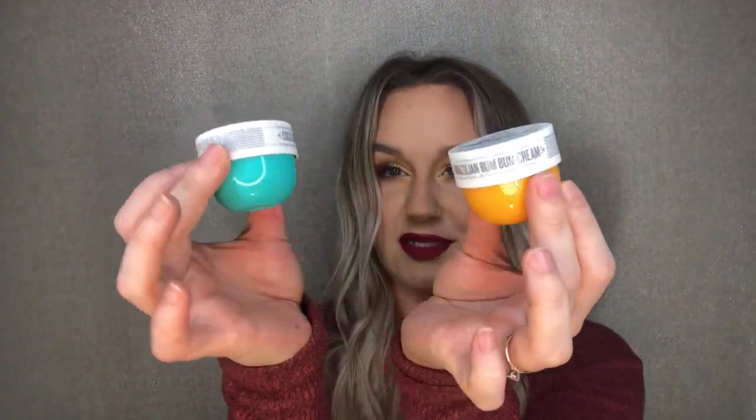Jose Janeiro Brazilian Bum Bum cream and Coco Cabana cream. These cute little guys, which they are cute. I still have some of this one, which I don't use enough, but I do really like it, and it smells so good. Ooh, so this one, it's not even like I haven't used it, but it looks like somebody used it. That's cool. Thank you for a half full